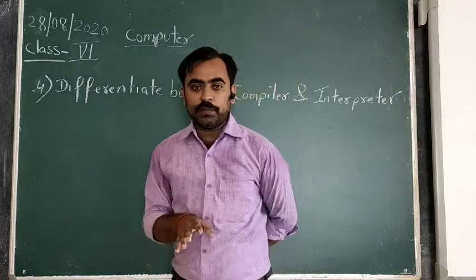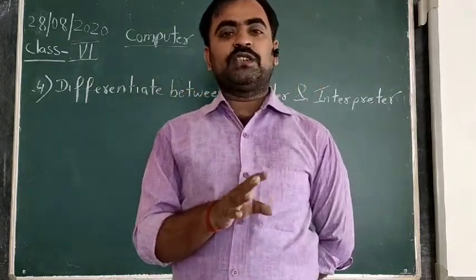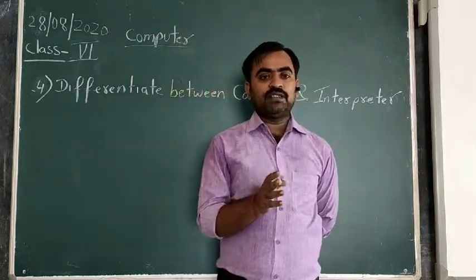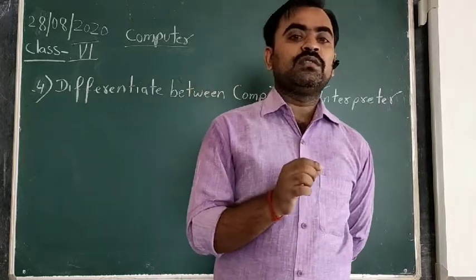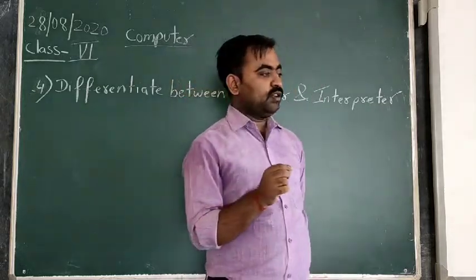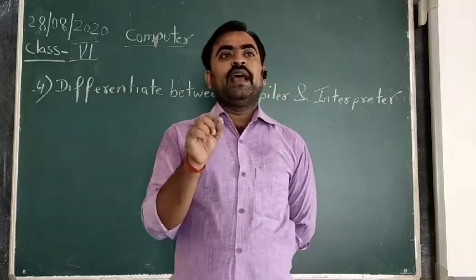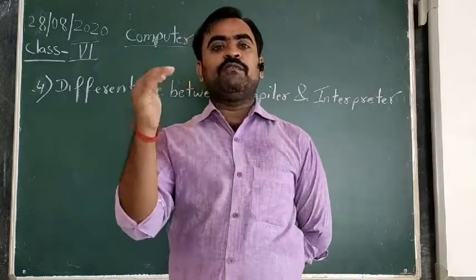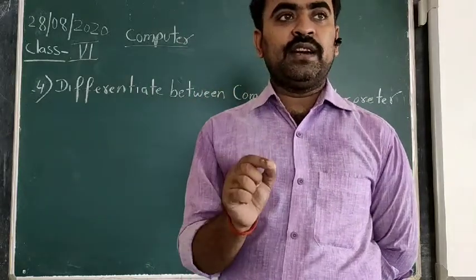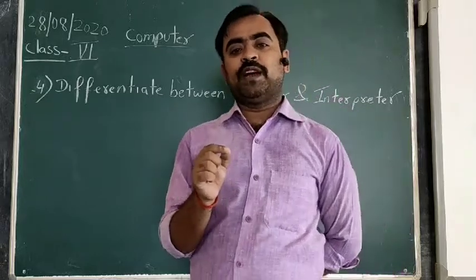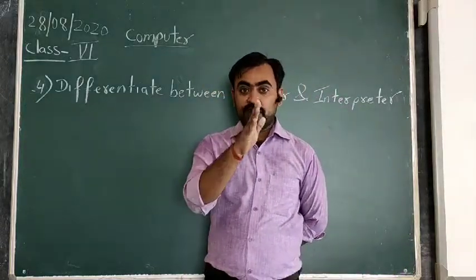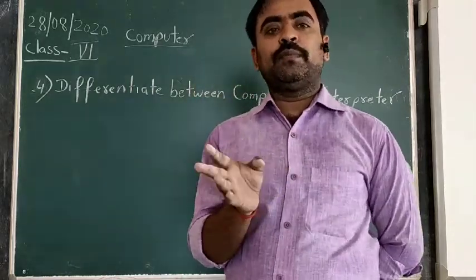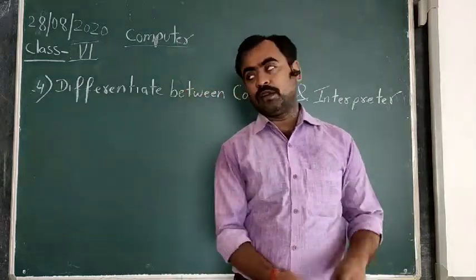Whereas if you talk about the interpreter, it is also a language processor which converts high level language program into the machine level language, but the difference is that the interpreter converts line by line. It goes line by line, and if suddenly it finds any error, it stops there immediately and notifies that there is an error, and it waits till the error is rectified or corrected. Once the error is corrected, it moves further again. So there is a difference of working between both of them, compiler and interpreter.